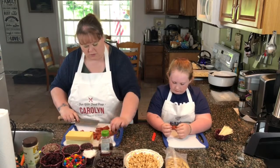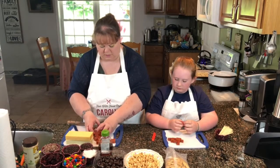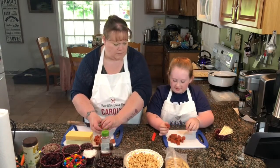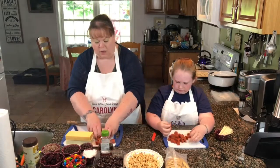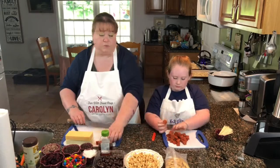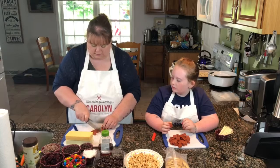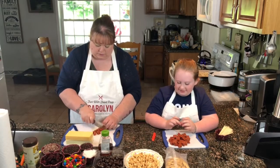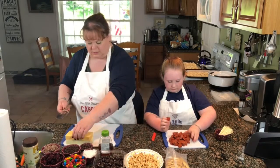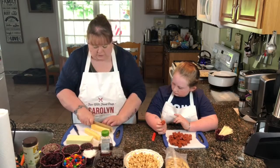Here, how would you like me to just put this over on your side? What do you think about that? And we're going to probably put about 3 things on each skewer, however you want to do it. 2 pieces of pepperoni and a piece of cheese, or 2 pieces of cheese and a chunk of chopped pepperoni. I know what I'm going to do. All right, here's your pepperoni. And we're just going to do the same thing with the cheese